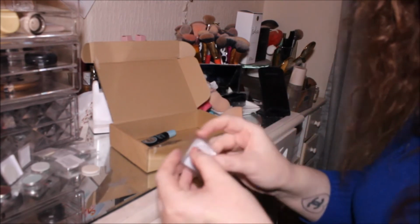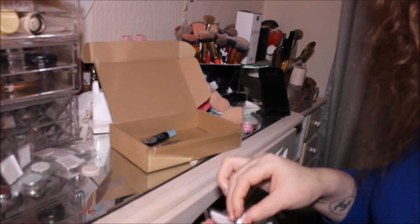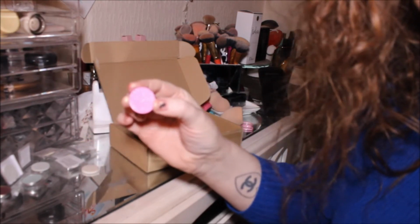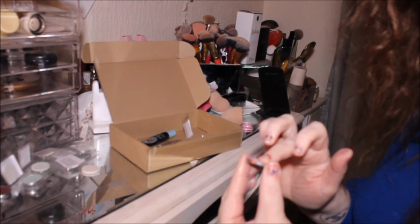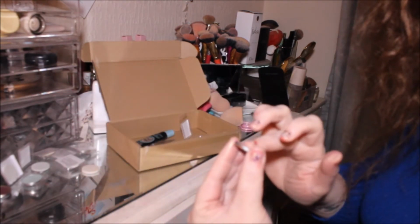Then this one should be Giggler, that pink one. Yeah, look at that, it's pretty. Before I start putting my fingers in it, that is pretty. I don't see a duochrome. Yeah, it's got a blue undertone. Right, so that's all of them ones. We just need to swatch that